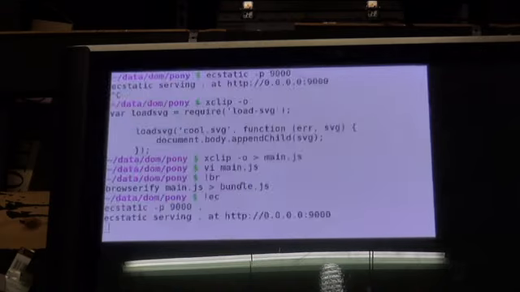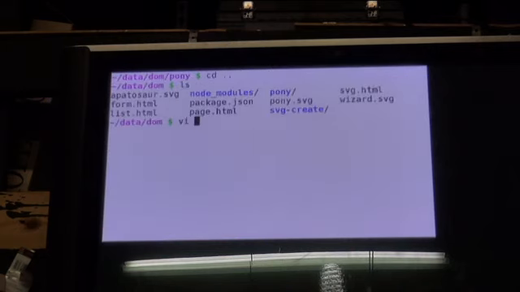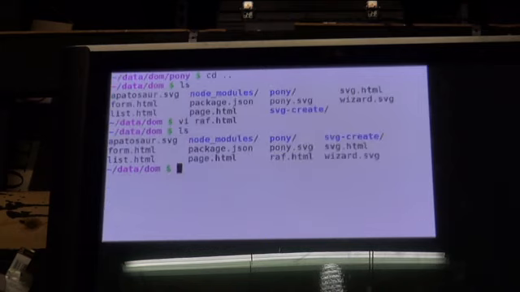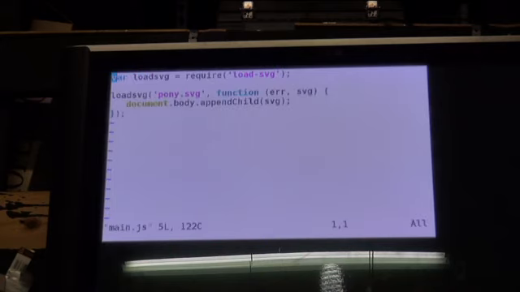So I will just do a little demo here. Pop back out to directory. I'll call it raf.html. Just do a little script inline here. Actually, why don't we just go back into our pony directory and we'll do this pony properly. Okay. Right now we're just loading the SVG and inserting it into the DOM, but what we could do instead is